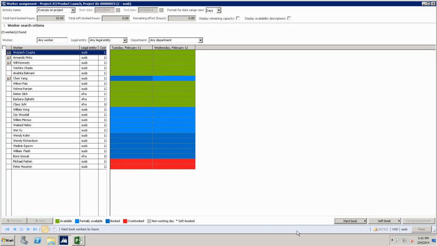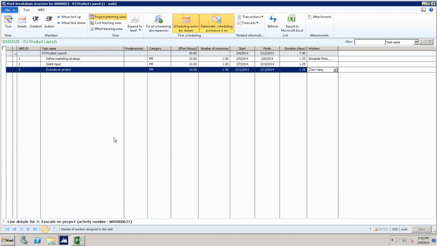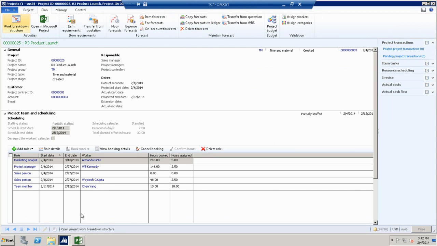So back to your question, we should technically see Chen Yang as a team member added to the team when we go back. So the very last resource that we added, right? You added them on the activity, and they showed up as a resource here as a team member. By default, we set it to team member because we didn't know which role you want to associate it to, which is a good question or good functionality to add in future, that the activities maybe should have roles as well.